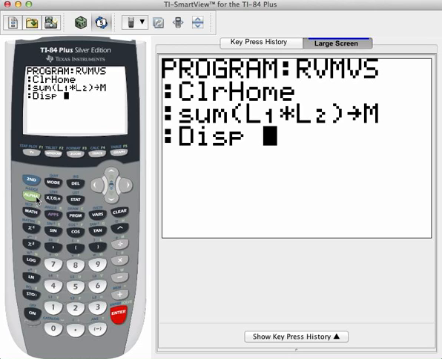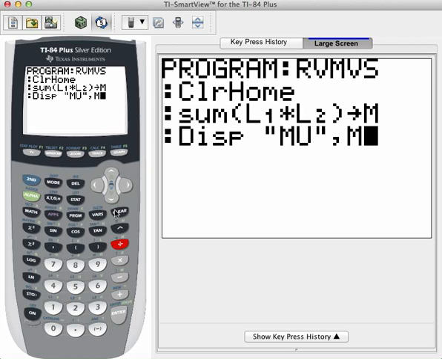So press the alpha button and the plus sign. That will give us our double quotes. Alpha division sign will give us the M, and then alpha number 5 will give us the U. Alpha plus sign, the double quotes, will close that MU label or description that I want to see on the screen. Then press the comma right above the number 7, and now I'm going to include, after the comma, alpha division symbol will let me include the value of the